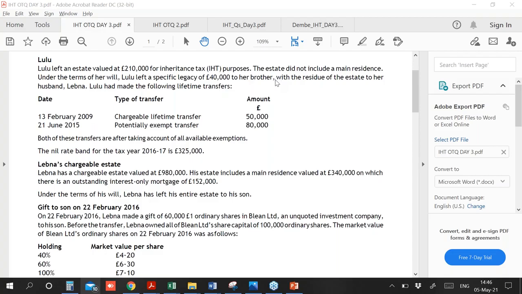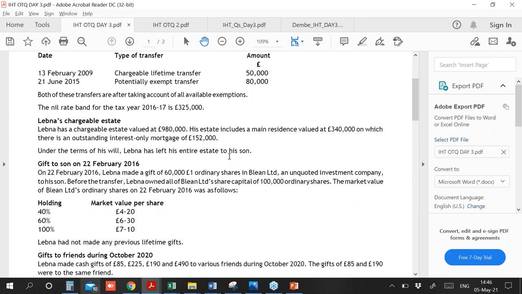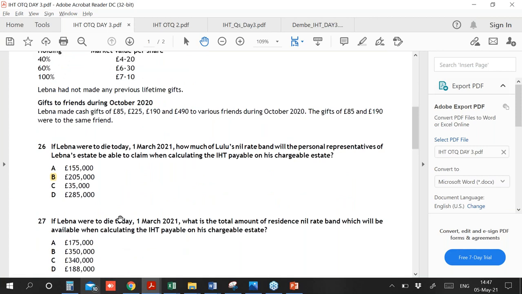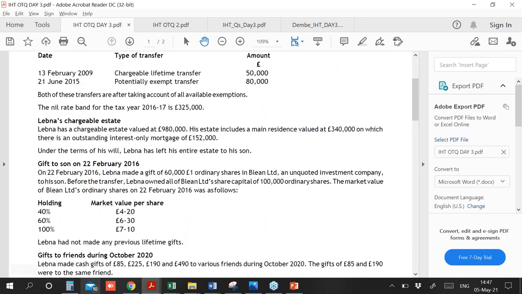If the second spouse fulfills that, he'll be able to claim the RNRB of the first spouse, even if he or she had not fulfilled any of the conditions. So the answer is yes. So guys, the amount of the RNRB is 175,000 times 2 equals 350,000. You tell me, is the correct answer B, or do I have to do any other calculation as well? Just answer me in yes or no. Is the answer B, 350,000?